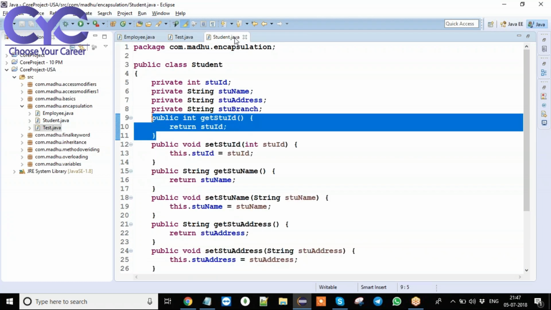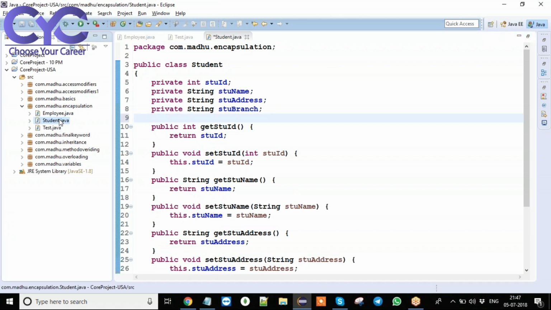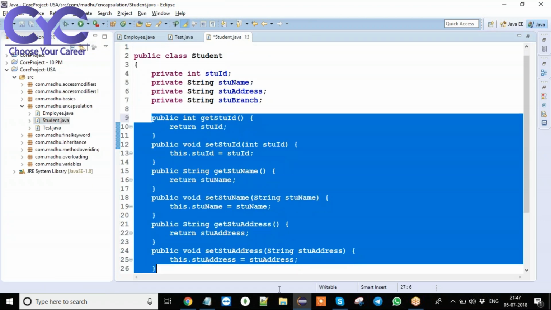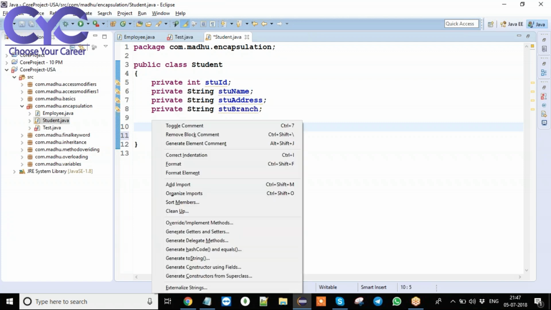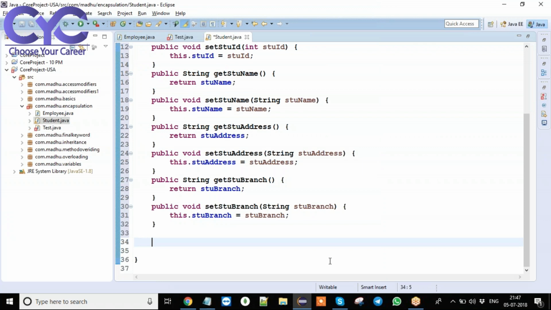Now what you need to understand here is how Eclipse is going to generate these setters and getters. Clear, right? We can call like this also. So one thing is right click on your class, source, generate setters and getters. Or else one more shortcut key is there. We are having a shortcut key called Alt Shift S. Click on Alt Shift S. Click on R, select all, click on OK. Like this also we are going to get setters and getters.